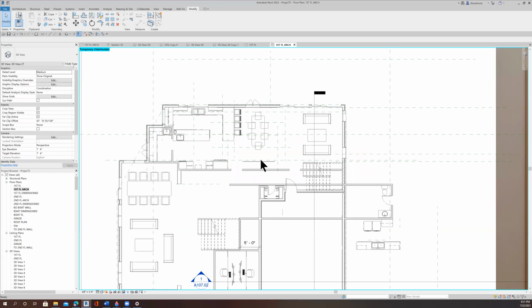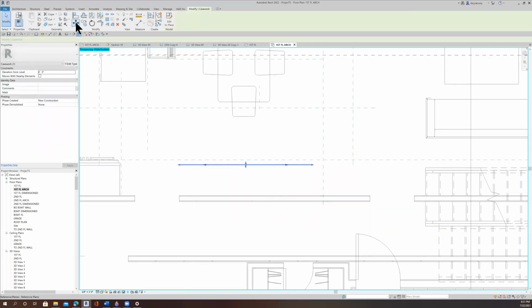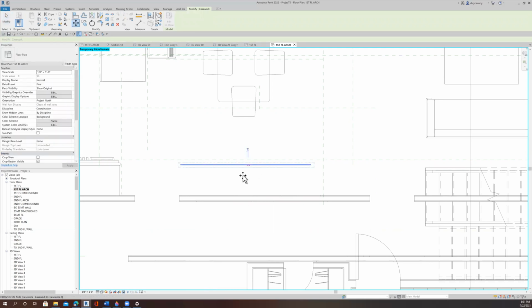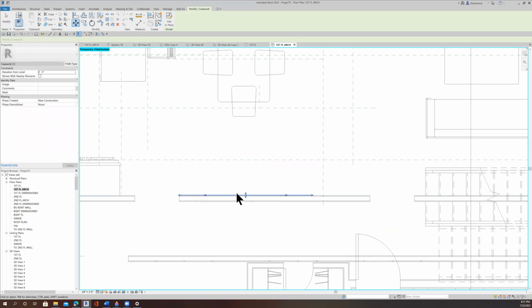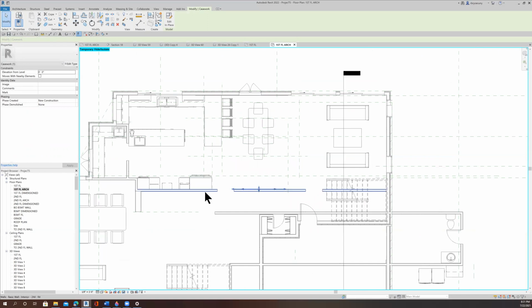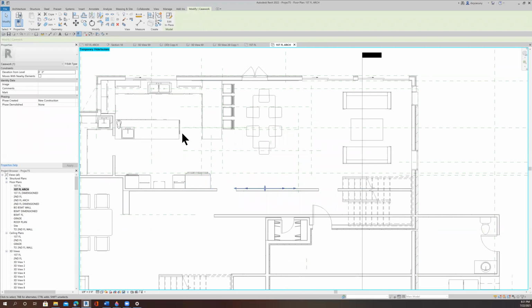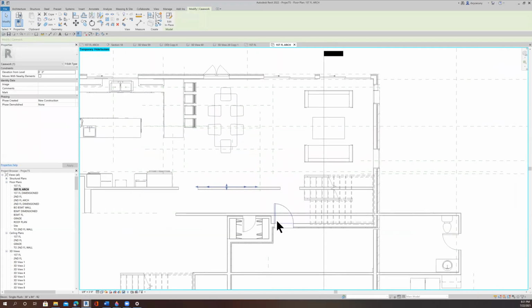I don't need that anymore. But let's see if I can move it back. If I just pick it, I'll move it back 2 feet. There we go. So it's on the wall, but it should be over here. So it might be easier to just redraw it. But anyway, I'll leave it there for now. Okay, all right. And what else do we need to do? Okay, so